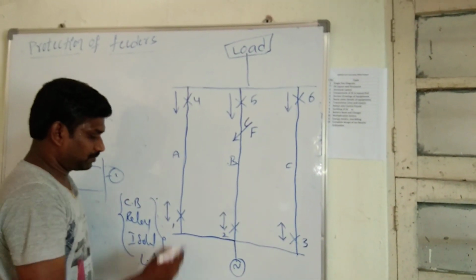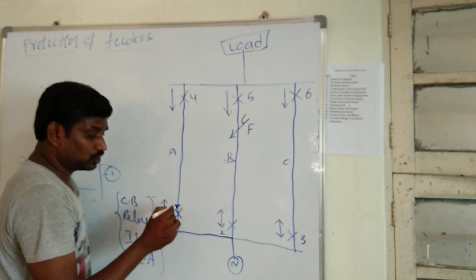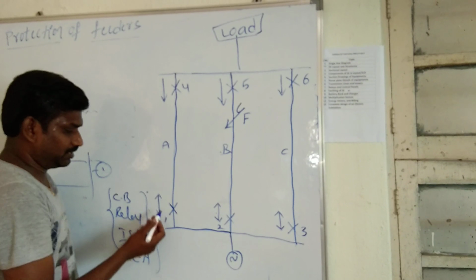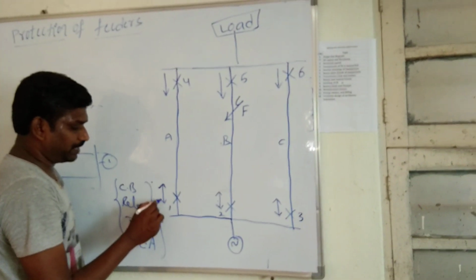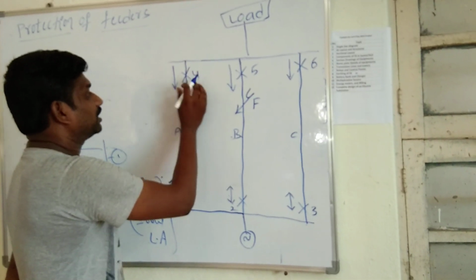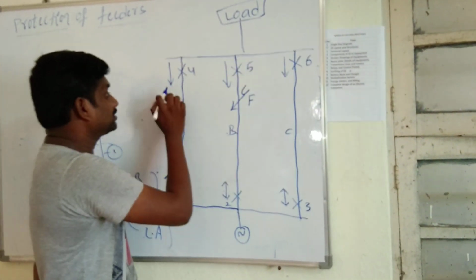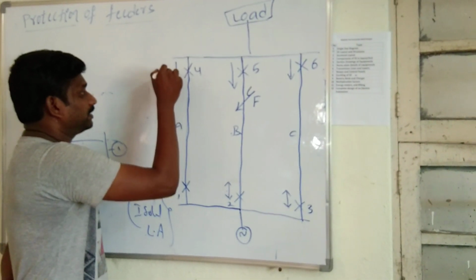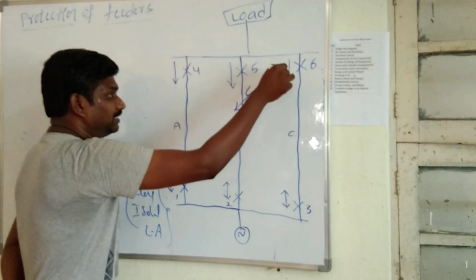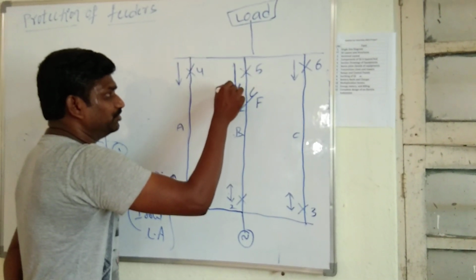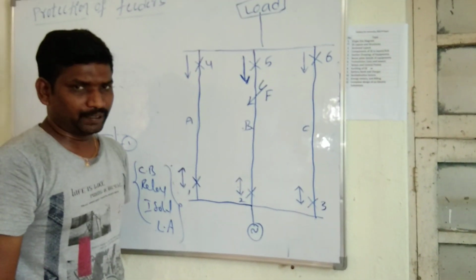Already we know that the relays located at the source end are non-directional relays. Non-directional means the relays operate for current in any direction. Then the relays connected at the load end have directional characteristics. Directional means the relays will be operated for a specific direction of current. The specification is the arrow mark. Only when the current flows in this direction will the relays be operated.